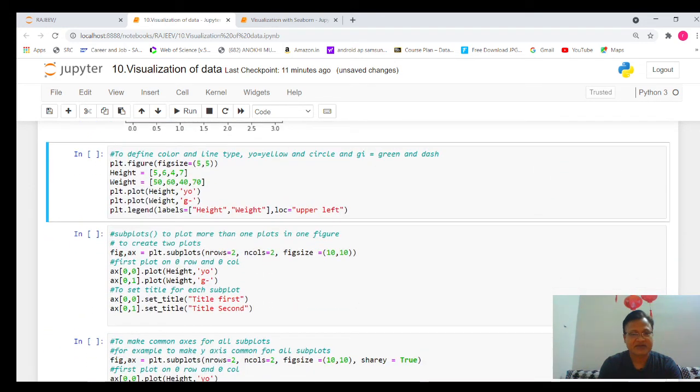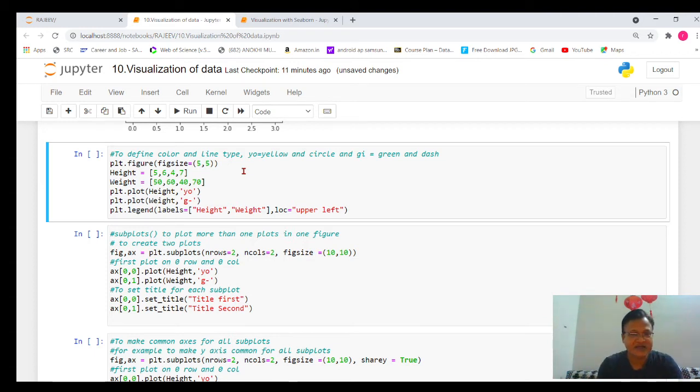Let's move to the next part. The next part is I want to define color and line type. Since there are two values, height and weight, I want to display height with some color and weight with a different color. And not only color, but we want to use different symbols also, so that the user can easily categorize, okay, this is the graph of height, and this is the graph of weight.